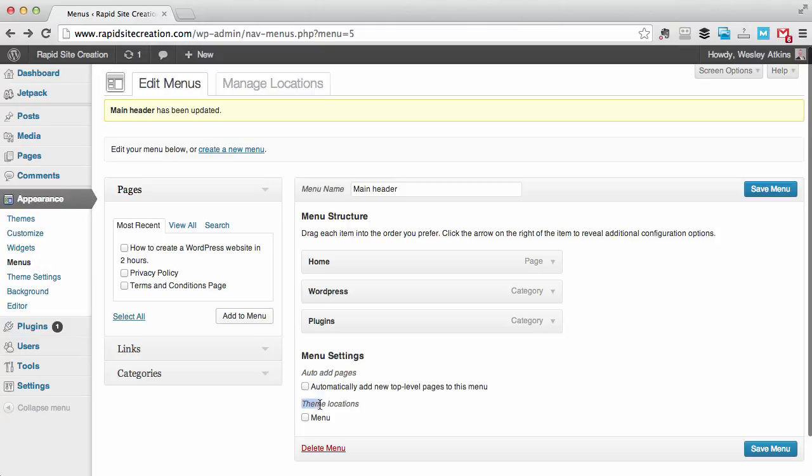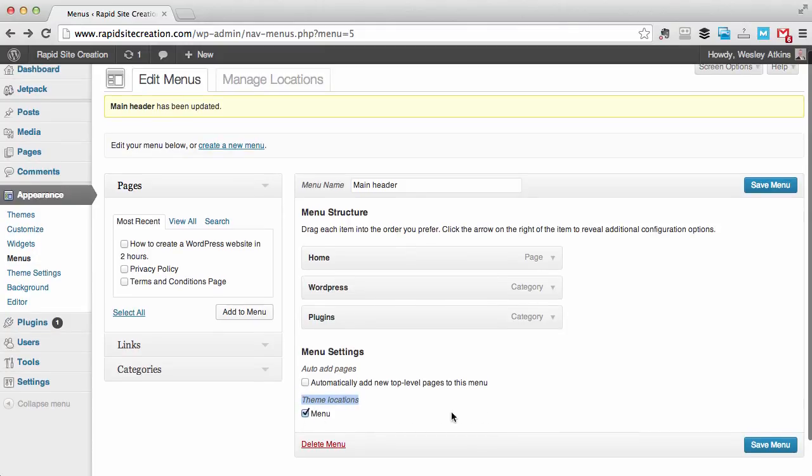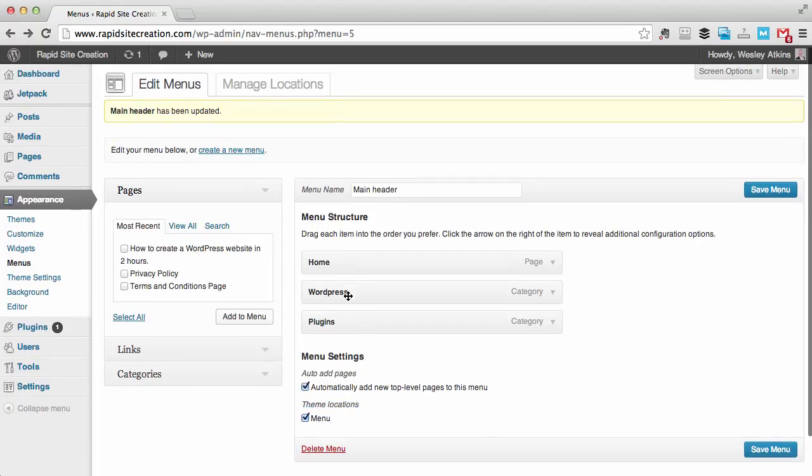Okay, we need to check where it says theme locations. We want to tick that button there. Now you can also automatically add new top level pages to this menu for whenever you create any more categories, for instance. But we're not going to do that, just in case you add any pages that you wouldn't want included. Obviously you can always go back and add them at a later date, but we don't want to do that automatically. So I'm going to click on Save Menu,